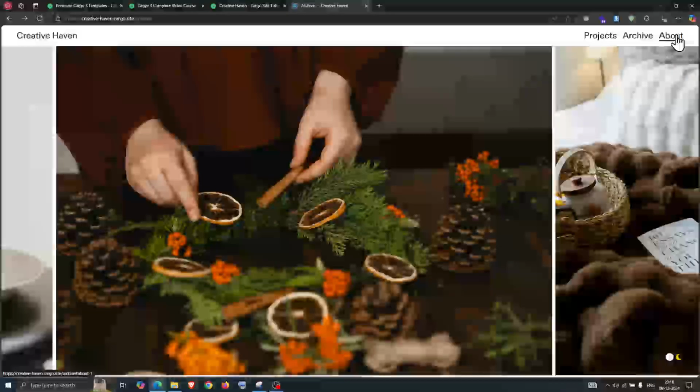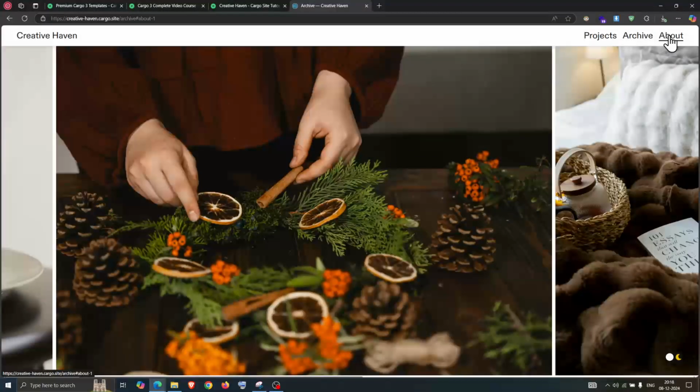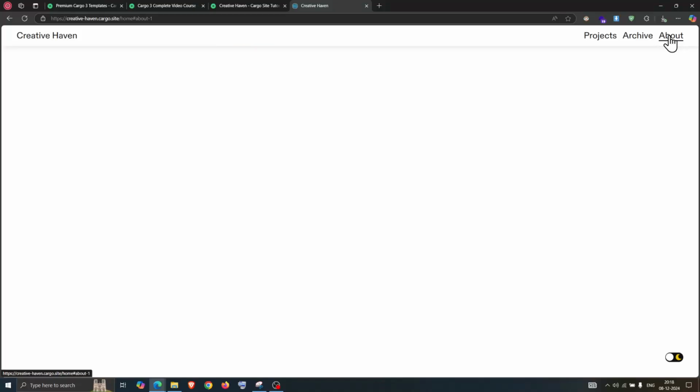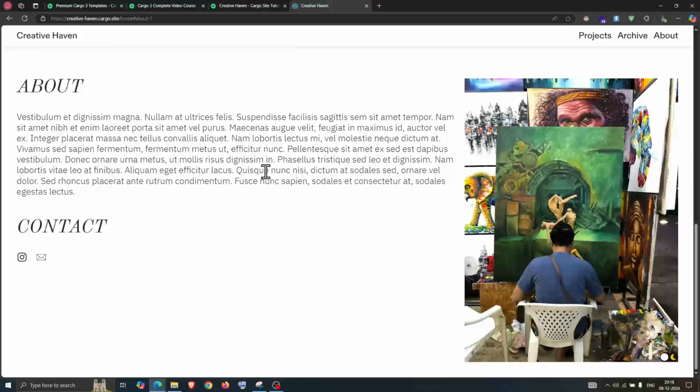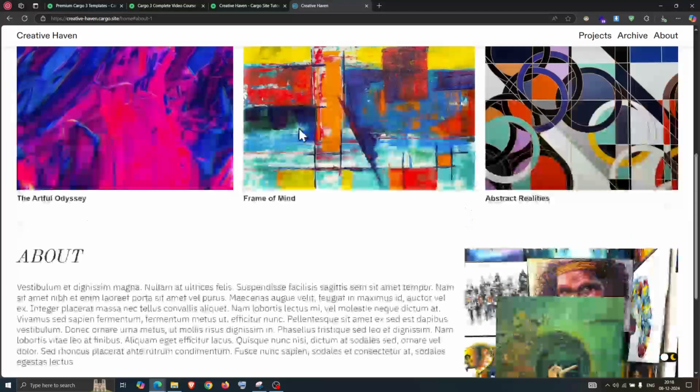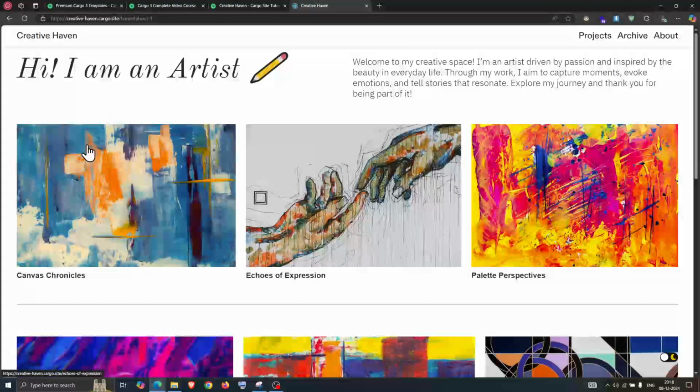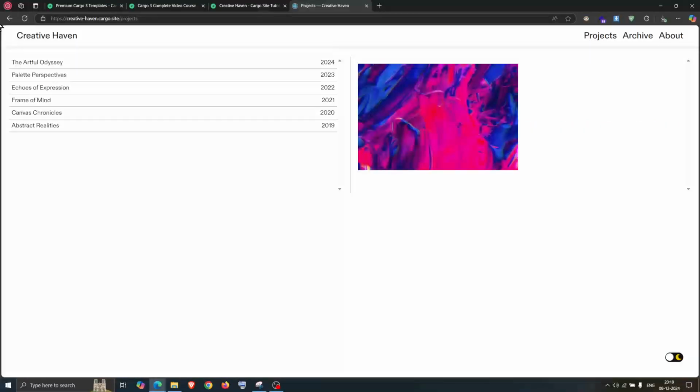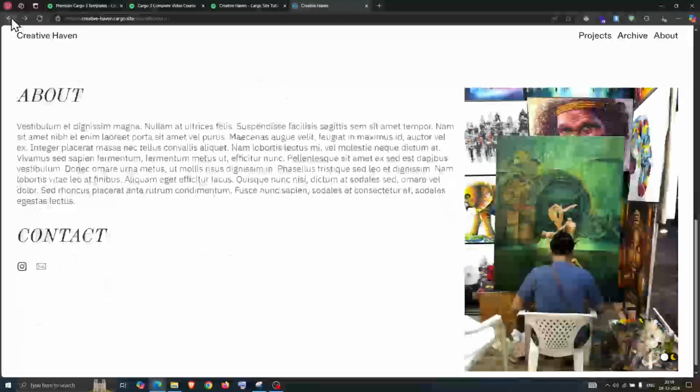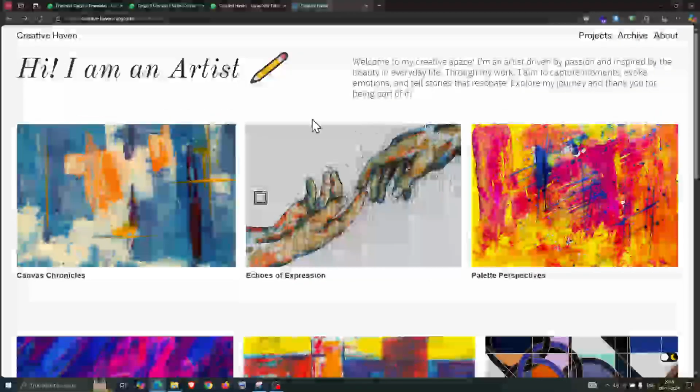On clicking about, it will directly go to the about section, which is on the home page, as you can see. As I have already told you, either you can use the Cargo 3 thumbnail index, or you can use the custom built project page. If you see here, all the projects are also listed.